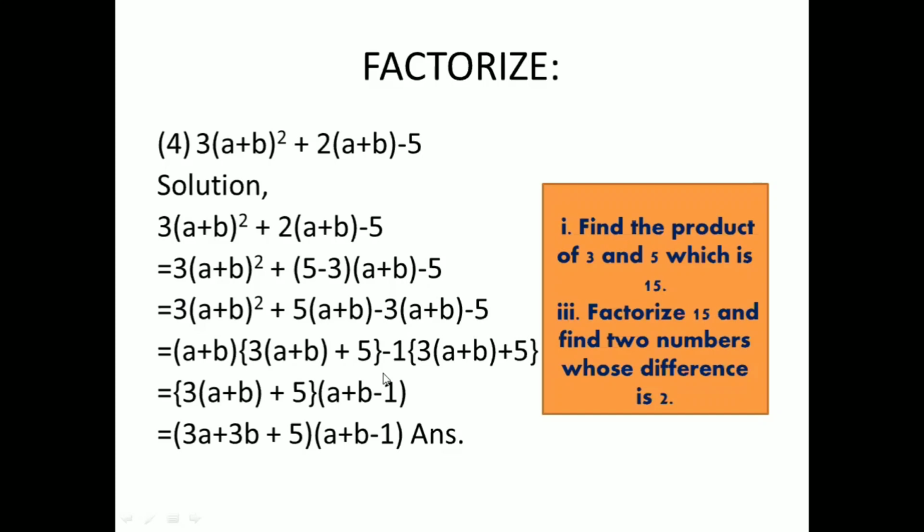Minus 1 common here, because there is nothing, means 1 will be a factor of all the terms. Then minus 1 common is gone. Then 3 into (a plus b) is left, and here is plus 5. Now this whole bracket and this one term are the same factor. Now take them common: 3 into (a plus b) plus 5 in curly bracket, and what is left here? (a plus b) is left, and here minus 1 is left. Now remove this bracket. 3 into a is 3a, 3 into b is 3b, and plus 5, and the other will be a plus b minus 1. This is another factor. Like this we factorize this type of question.